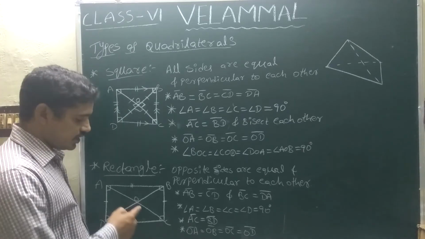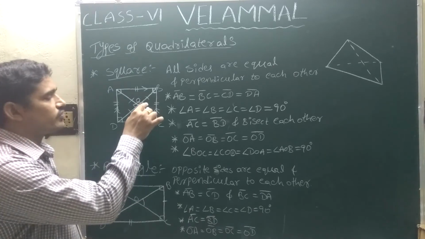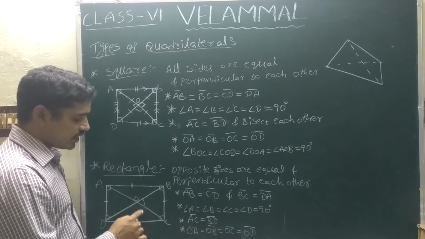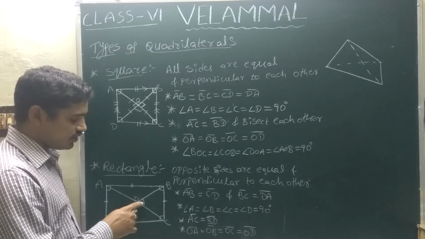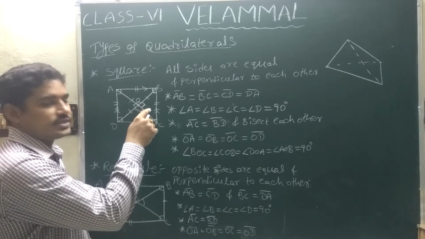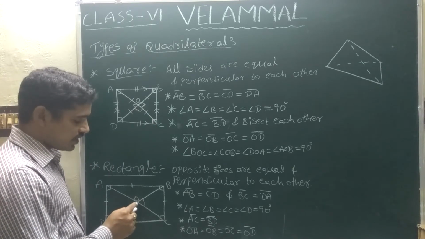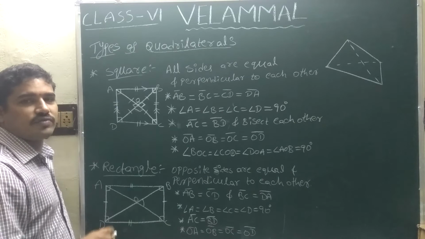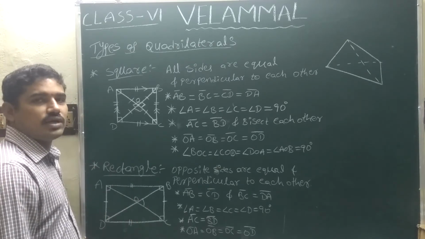And if you observe here, the angle will not be 90 degrees. In the square it is 90 degrees, but in the rectangle this angle will not be 90 degrees. That is the important point we need to remember. In the square only we will have the 90 degrees angle, comparatively. Rectangle will not have the 90 degrees angle at the intersection point of the diagonals. Okay, this is the very important one we need to remember.